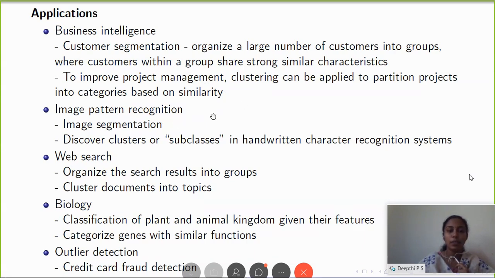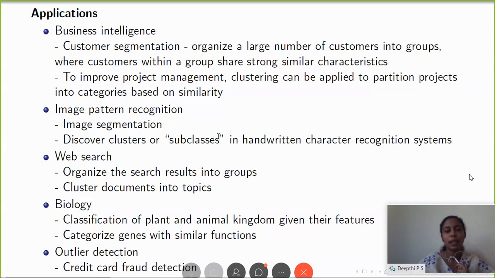Suppose we have numerous images of the brain or liver images. We can segment the tumorous portions by using clustering. So we segment the tumorous region from the rest of the region. The points in the tumorous region will be different from the rest of the region. So image segmentation helps you to dissect those portions that are tumorous, by analyzing the images of tumors.